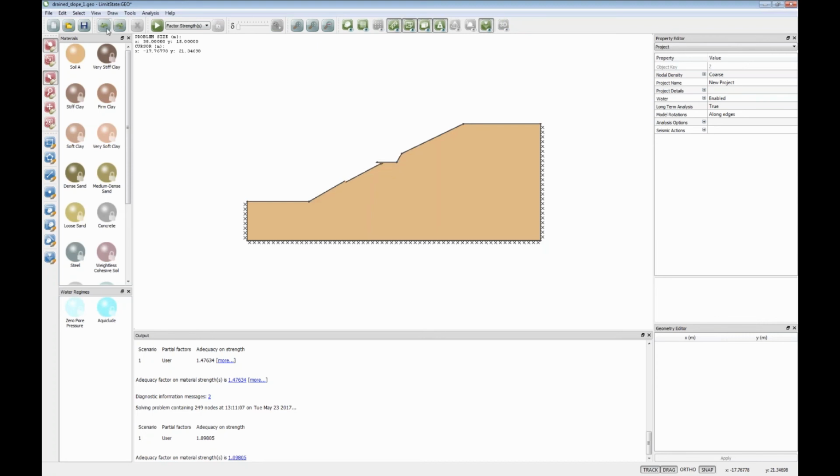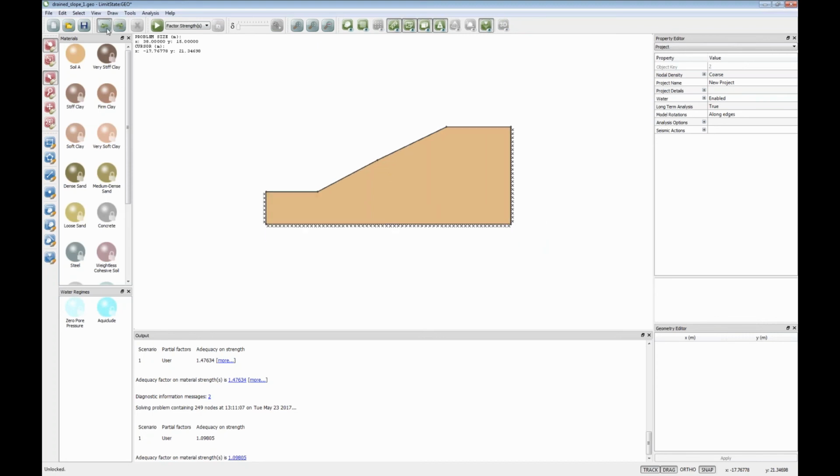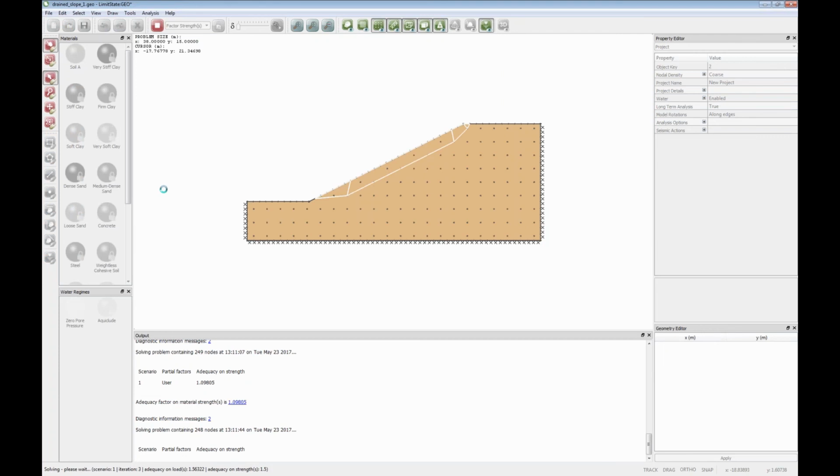Let's just revert those, get rid of those. So again, if you've got a slope problem and you're looking at slope improvement, so you want to try and increase the stability, the various options, you could regrade the slope, or for example, you could add a berm at the base of the slope. So if we just look at what the failure mechanism for this is, basically coming out above the toe,